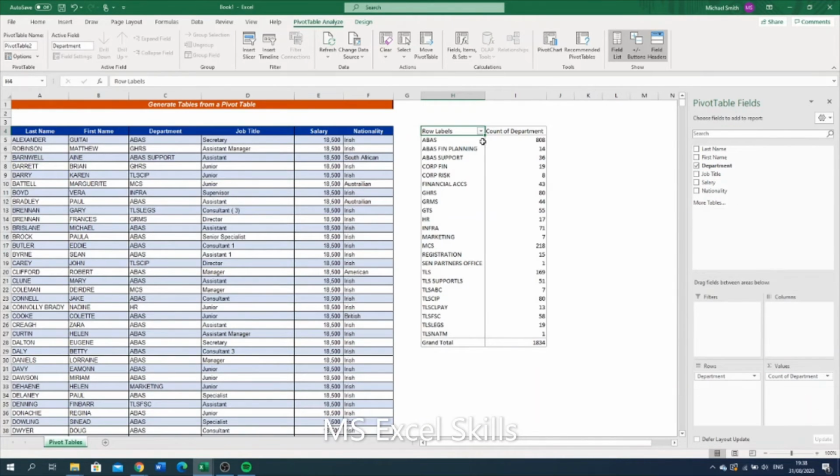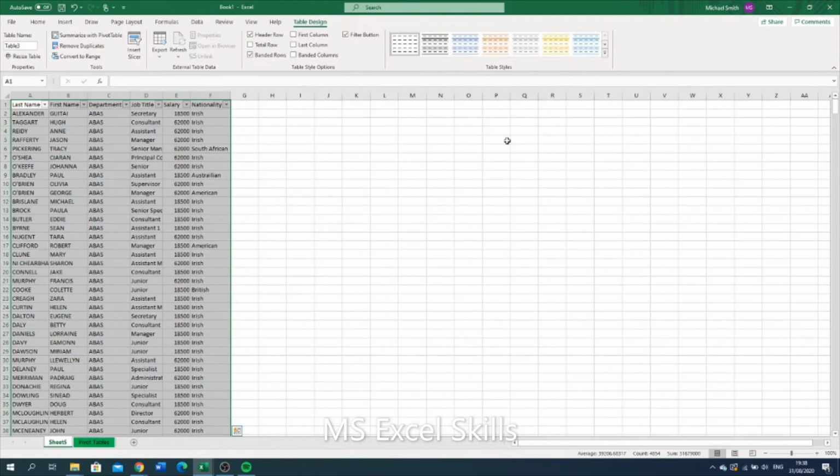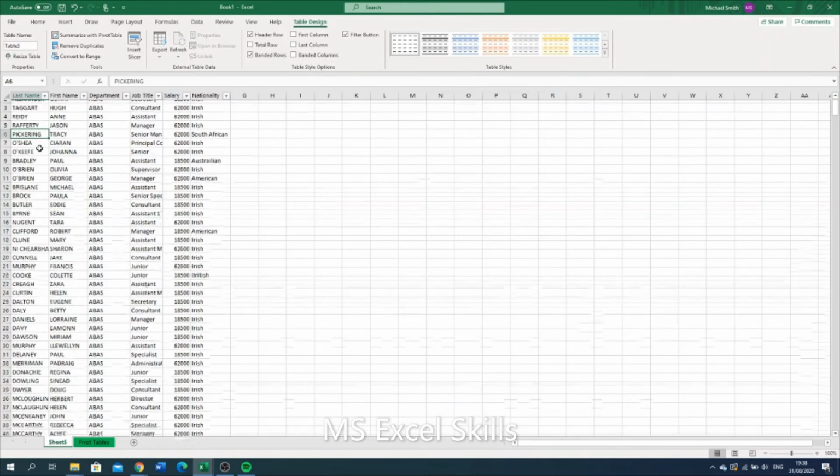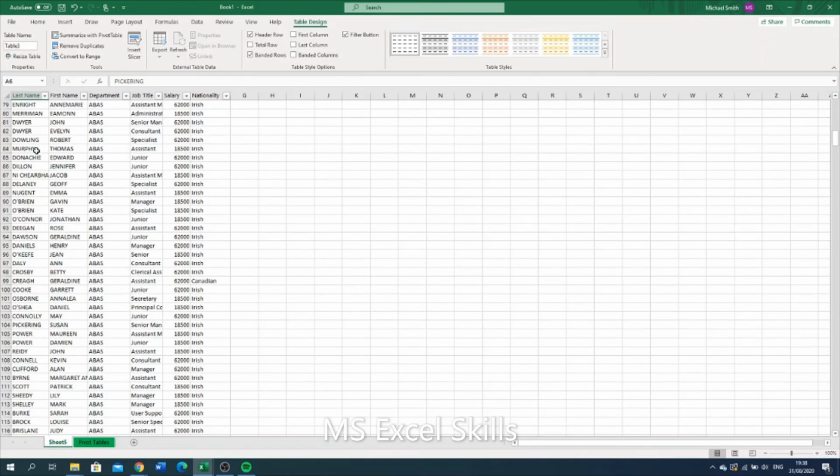Here is my pivot table. We can see here this gives us a count of the numbers working in each department. But if I wanted to generate a listing of everybody who worked in Abbas, I would simply double click the pivot table where it says Abbas, and then in a new tab this would automatically generate a new table with all the information for people who